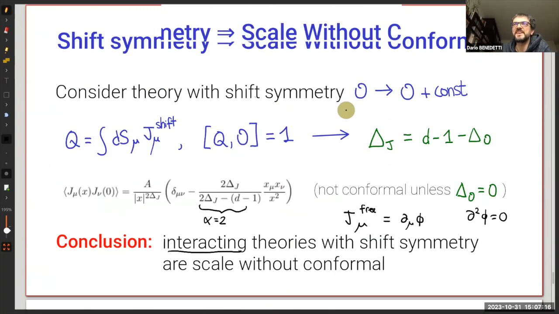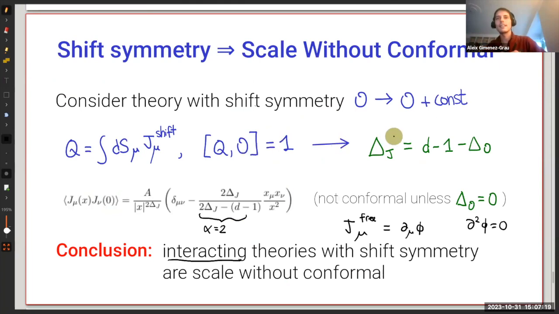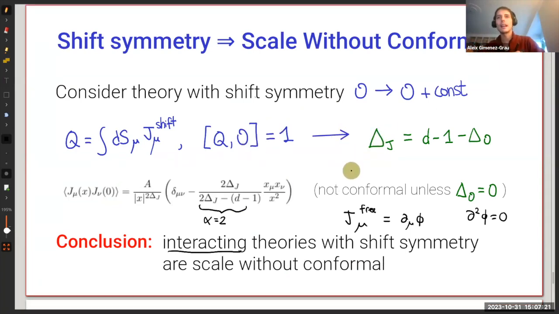But I think our argument is nice in the sense that it's not only that you have a candidate virial current. I agree, this operator might not appear in the trace of the stress tensor. But except for the case where the field is free and this is actually a descendant, except for these very funny cases, this argument already shows you that there's not going to be conformal invariance. Okay, thanks.